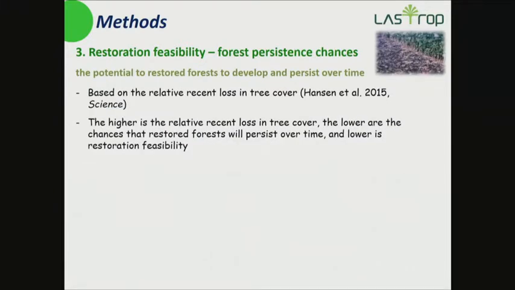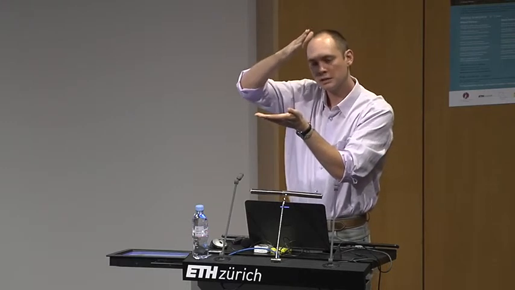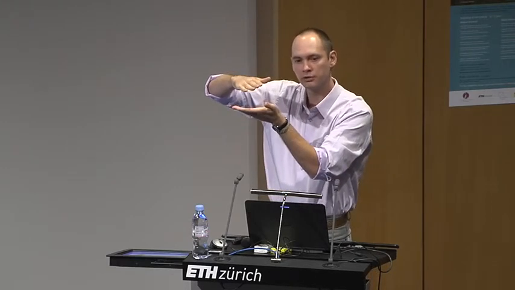And finally, we included a layer on the persistence of restored forests. Because we all know that across the tropics, we have many forests regenerating every day, but at the same time, most of these forests are cleared. They are deforested a few years after they regrow. And we all know that, considering the forest transition theory, we may only have some gain in forest cover after a decline in deforestation, and then when deforestation is stabilized, we may have better socioeconomic conditions for increasing forest